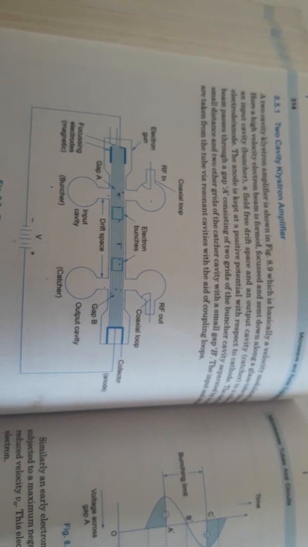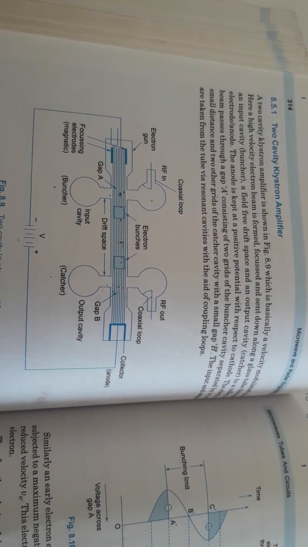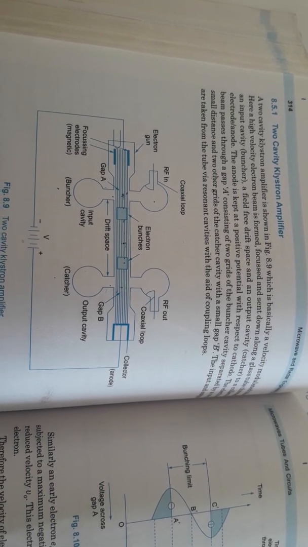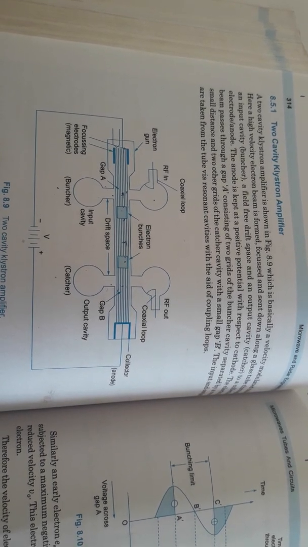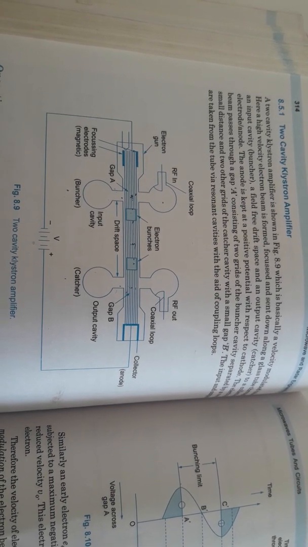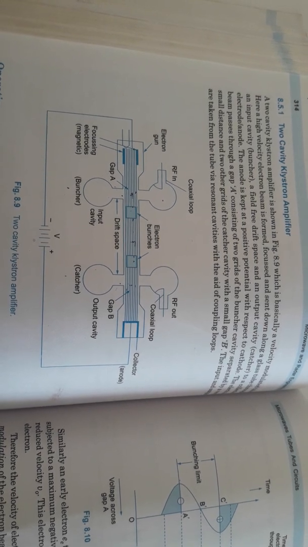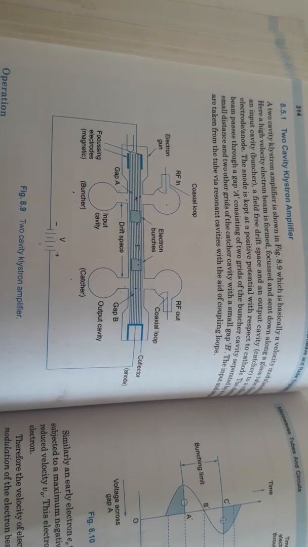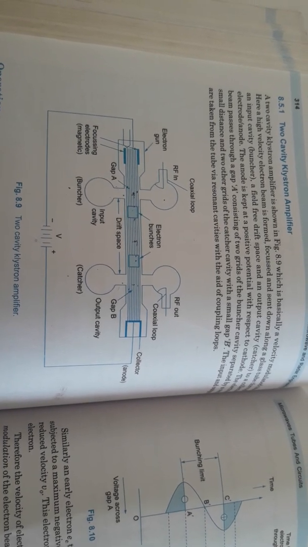So, dear students, today we are going to discuss our next point, that is called the two cavity Klystron amplifier. Basically, the two cavity Klystron amplifier is a microwave source or generator which can generate as well as amplify microwave frequencies. So, in this lecture, we are going to discuss the construction of the two cavity Klystron amplifier, its working, as well as the Applegate diagram related to the two cavity Klystron amplifier.